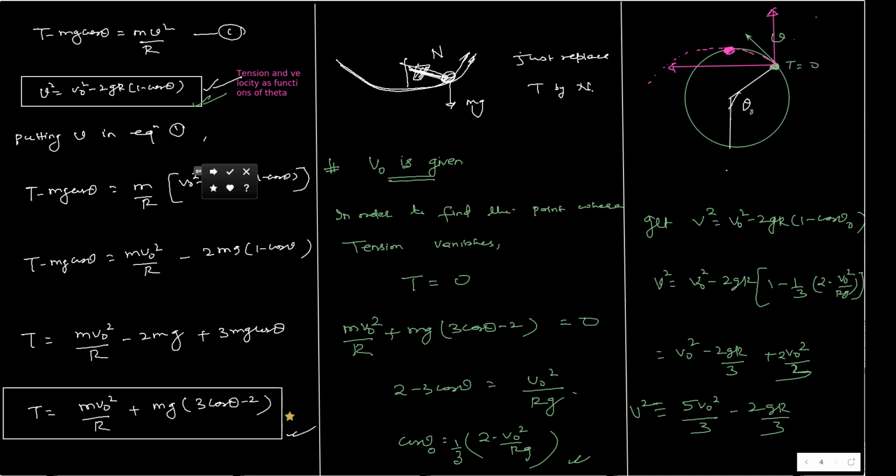Now, after that, what I told you is that if the velocity is greater than the minimum velocity, then it will complete the circle. If that velocity is less than the minimum velocity, it will not be able to complete the circle. So let us find out at any generic angle theta, what is the velocity and what is the tension. We derived V as a function of theta, we derived T as a function of theta. Now, if somebody asks you to find the point where tension vanishes, you just put T equal to 0 in this equation. So you will get some angle theta where tension is vanishing.